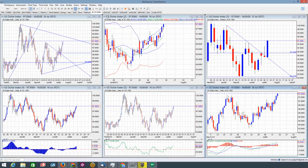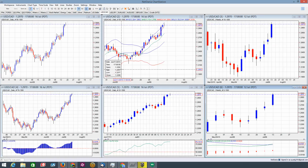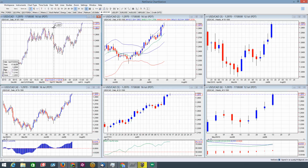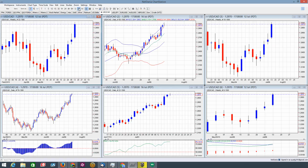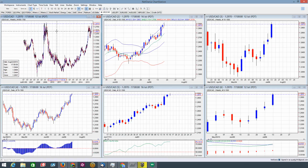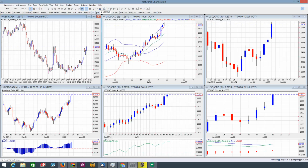All right, let's move on to a quick look at USD CAD, the Canadian dollar versus US dollar. We broke out above the last swing high, and we continue to move higher. I do think that we're probably headed to a significant mid or long-term 61.8% Fibbo. Let me get my lines, Fibbo retrace, high to low, then we go here to here. You can see the 61.8% Fibbo is right there at about 1.3463, and I think there's enough momentum for us to move up to that level, challenge it, and then we may have another chance of a